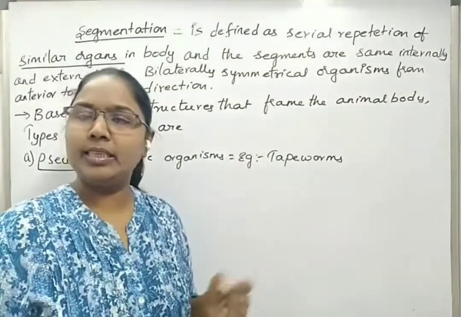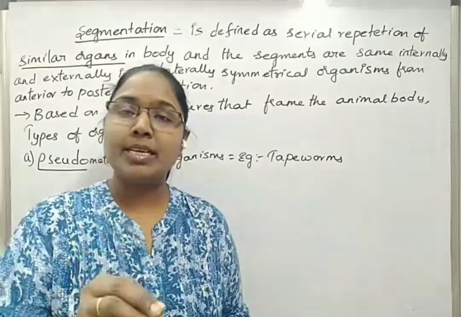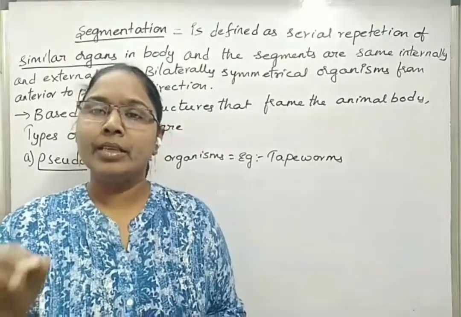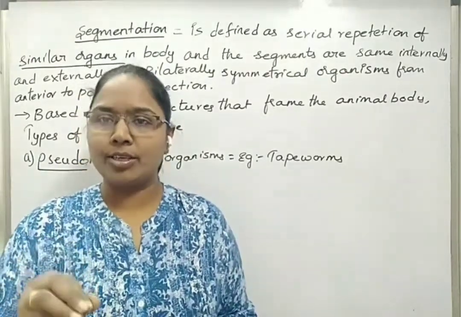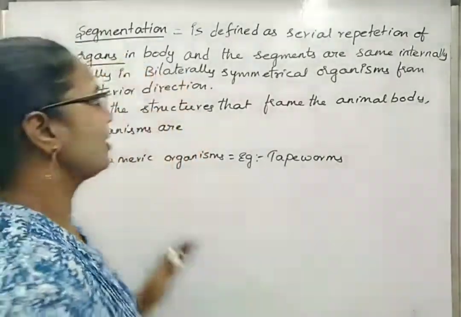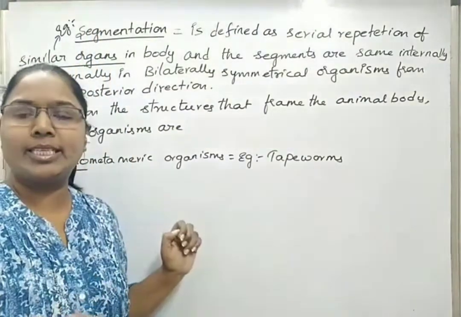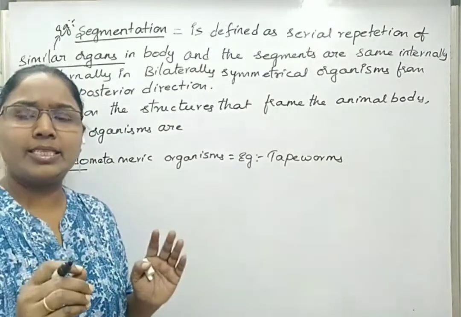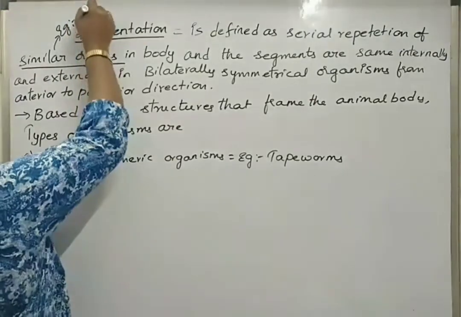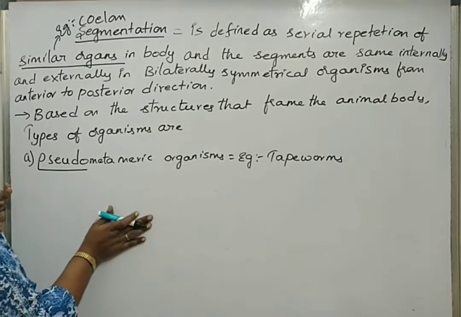Mostly in NCERT or some materials, we just read about similarly repeated organs of the body, or tissues or cells of the body. It is better to take that similar organ as coelom. Then we will understand this subtopic very easily. Don't put the digestive system or excretory system as the example. Just imagine that the similarly repeated organ is nothing but coelom.